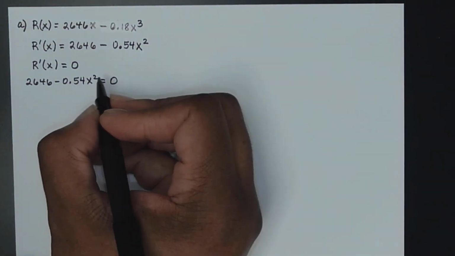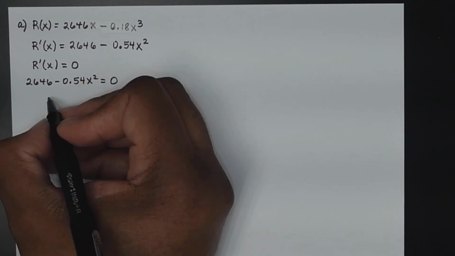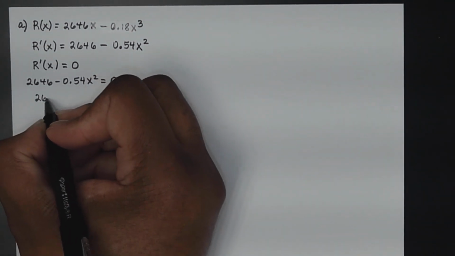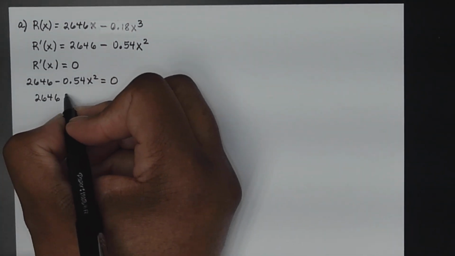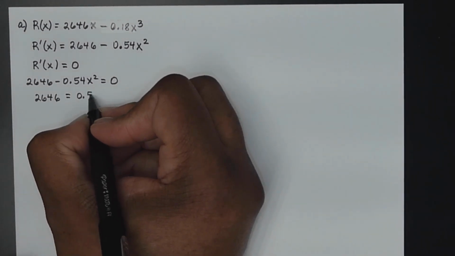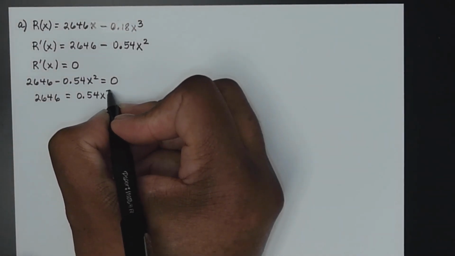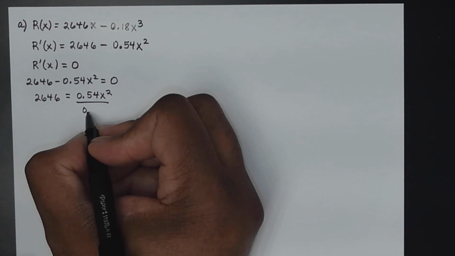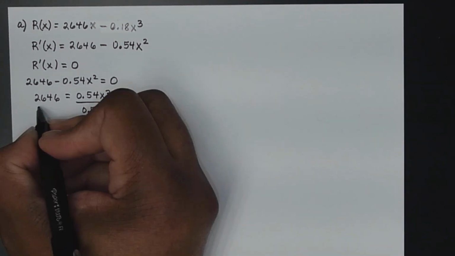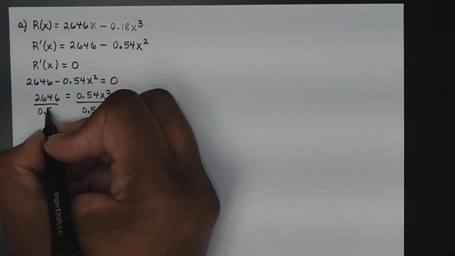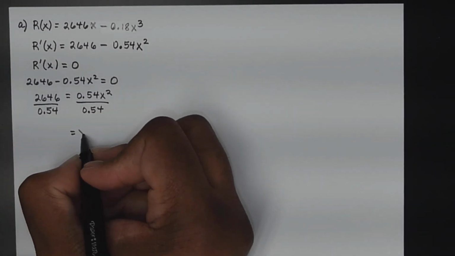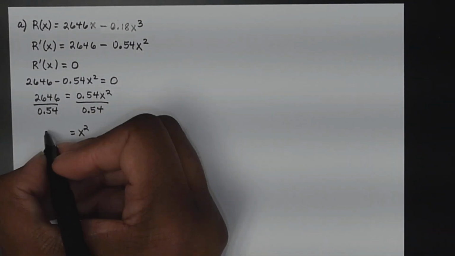And what I'm going to do is move that minus 0.54 x squared over to the other side. I'm going to get 2,646 is equal to 0.54 x squared. And then to get x squared by itself, I'll divide both sides by 0.54. That would mean x squared is equal to